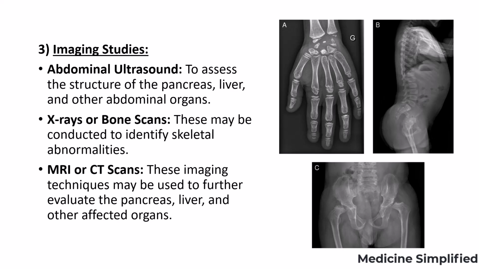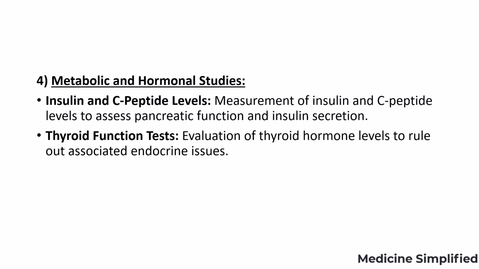Coming to the imaging studies, we will do abdominal ultrasounds to assess the structure of the pancreas, liver, and other abdominal organs. X-rays or bone scans for identifying skeletal abnormalities. MRI or CT scan used to further evaluate the pancreas, liver, and other affected organs like kidneys. Metabolic and hormonal studies. First, we will do insulin and C-peptide levels. Next, we will do a thyroid function test to evaluate thyroid hormone levels to rule out